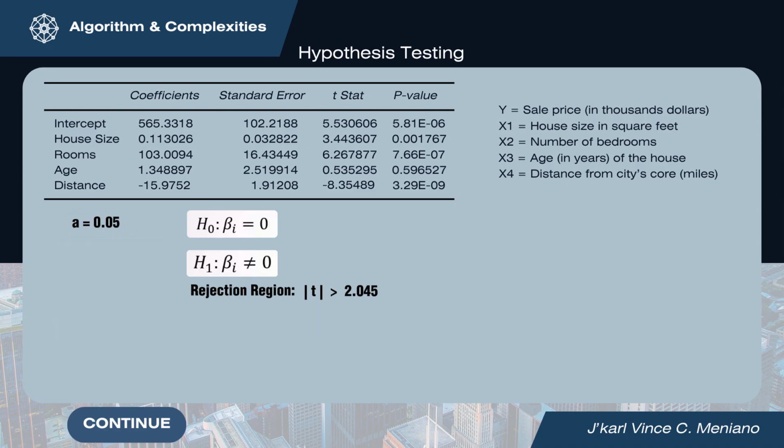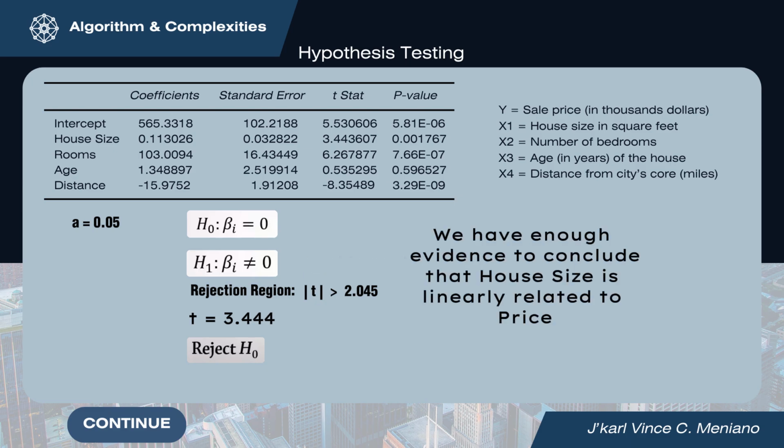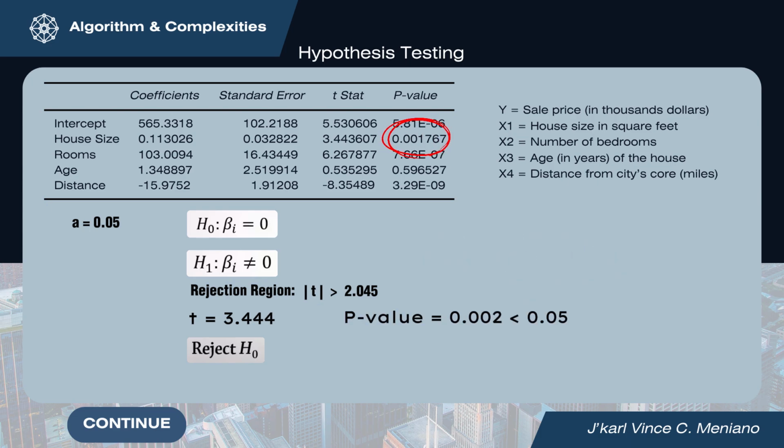Now, for the first independent variable, house size defined as x1 here, we will use beta 1 in the hypothesis. The test statistic is 3.444, which is greater than 2.045. So we reject the null hypothesis and conclude that the parameter for house size is significant in the model, or we have enough evidence to conclude that house size is linearly related to price. You can also see that the p-value is less than our alpha of 0.05, which corroborates our decision to reject